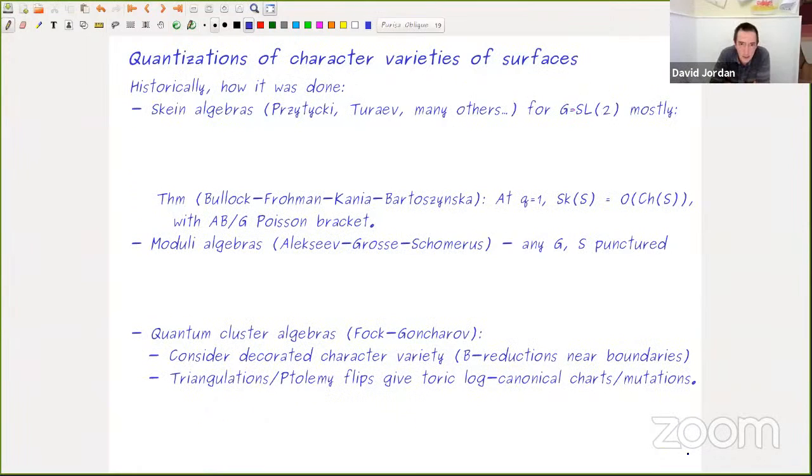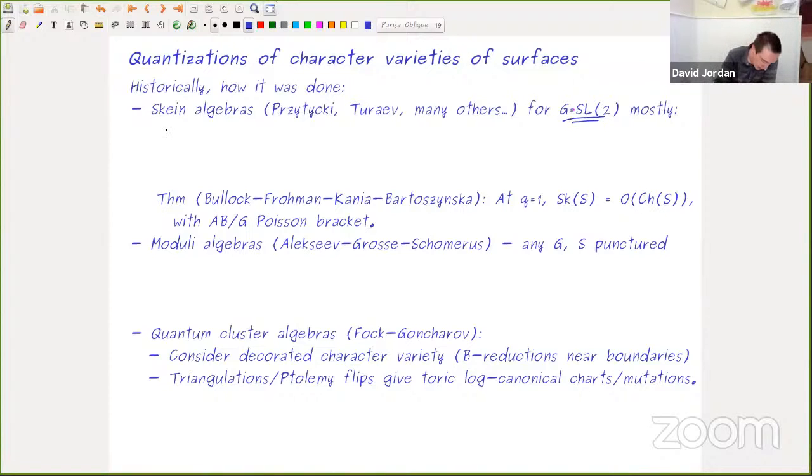Okay, so the interest here is in quantizing the character variety, and let me especially focus on quantization in the case of surfaces. So historically, the focus, as I said, has been on character varieties rather than character stacks, and so let me recall what's been done. So Bullock and Turaev, like in '88, '89, so very early on, considered the case of